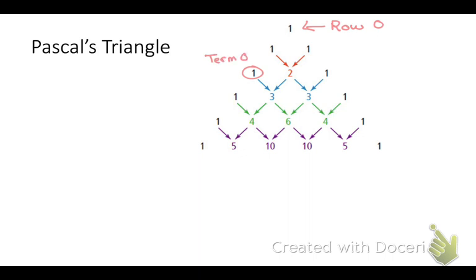0. So this is C sub 1, 0. This is C sub 1. This is C sub 2. So it's row 2, and technically it goes from 0 to 2. Make sense? So this would be row 5, and this would be C sub 0, C sub 1, C sub 2, C sub 3, C sub 4, C sub 5. So again, if you had C